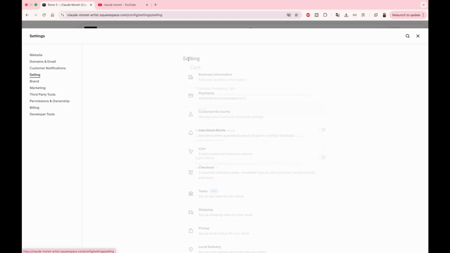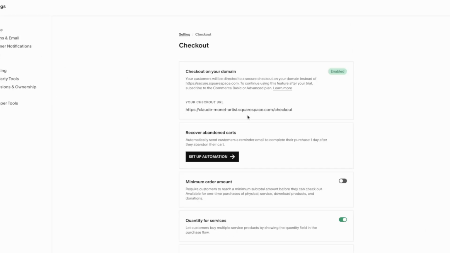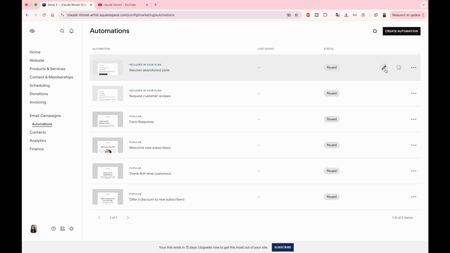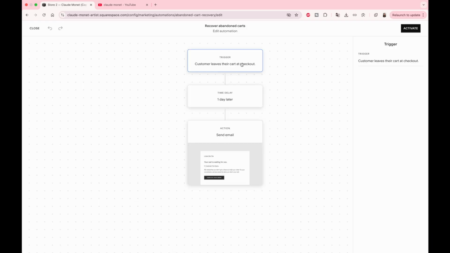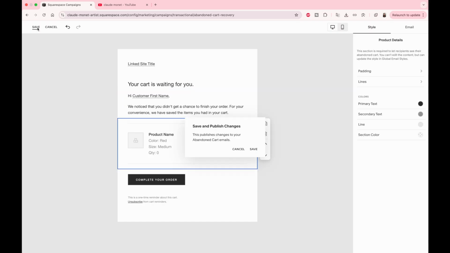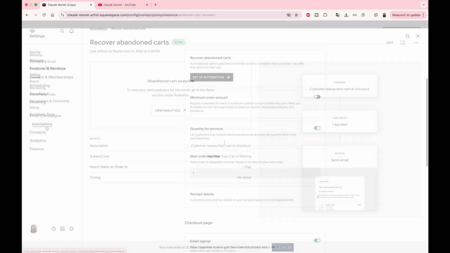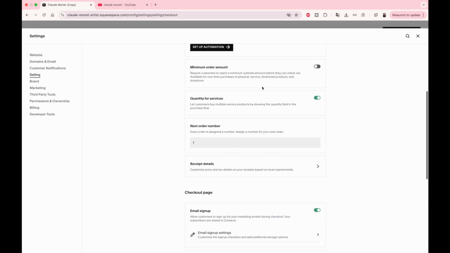Now go to Selling, Checkout. In the first step, you can set up Abandoned Cart Recovery. This sends a reminder email to customers who left items in their cart without completing the purchase. The email is sent one day after they leave, and you can edit the text to match your brand. Once you are happy with it, click Activate, and you can later manage or adjust this function under Email Campaigns, Automations. So back in the checkout settings, I won't set a minimum order amount so customers can finish a purchase with